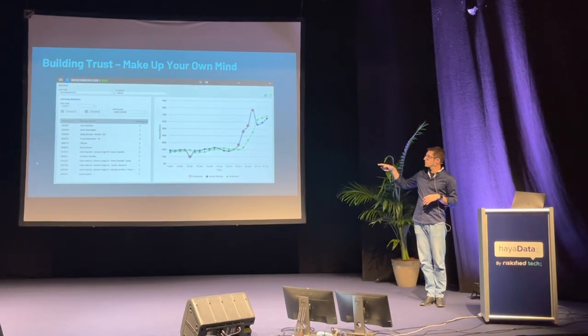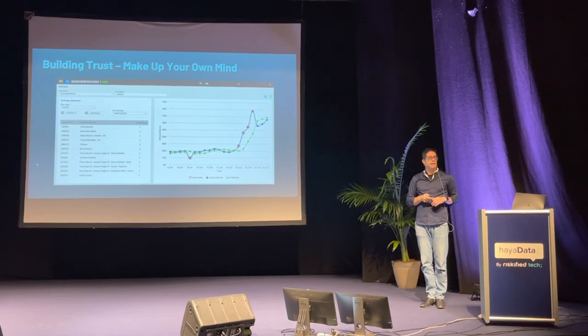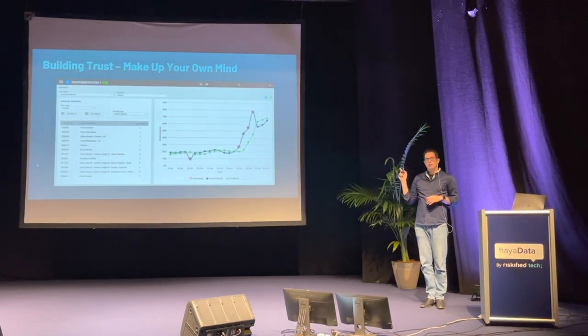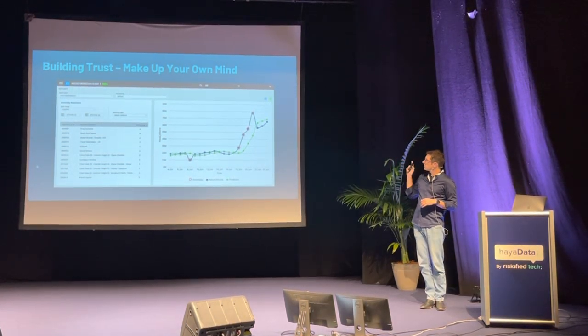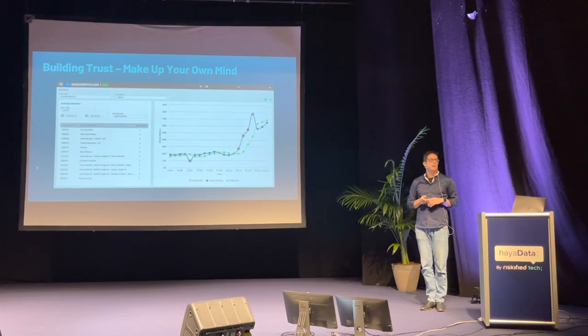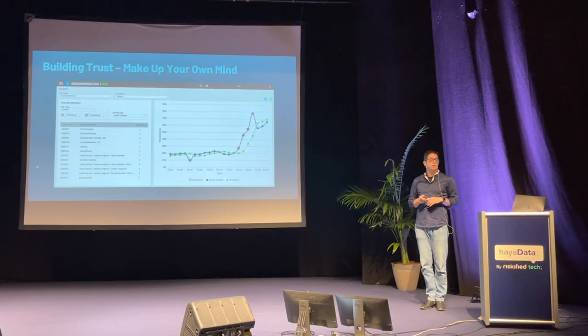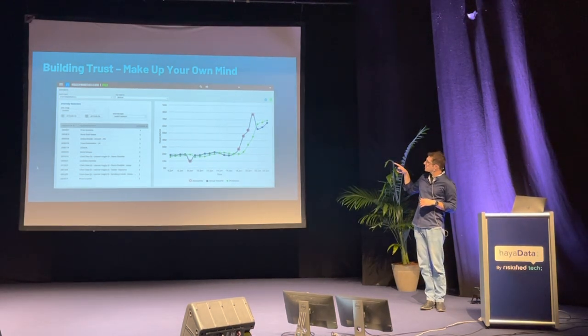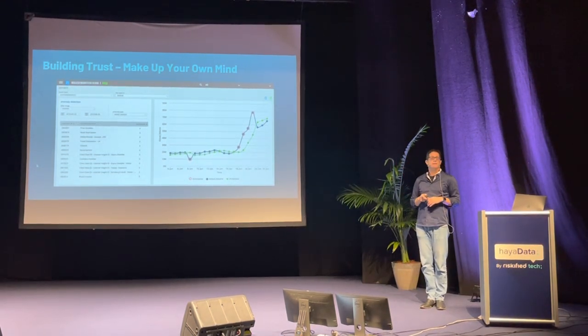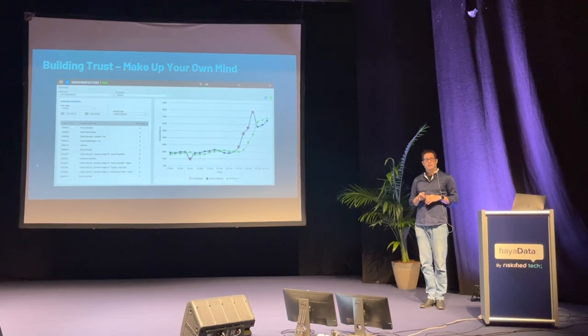You can select a time series on the left and see in blue the actual values that came into the system. And in the orange circles, you can see where the system detected anomalies. In green, you can see the predictions the model made, and you can see the differences. You can even figure out why it detected an anomaly where it detected that.